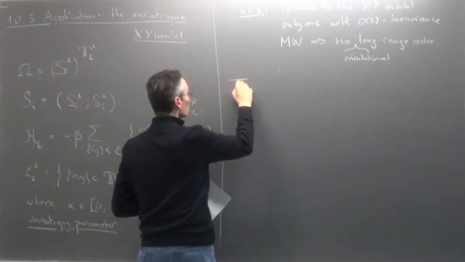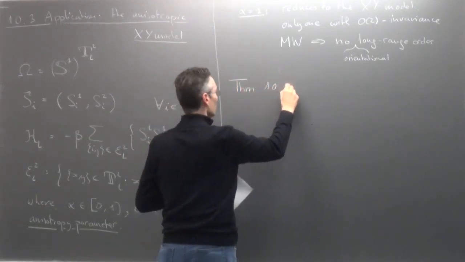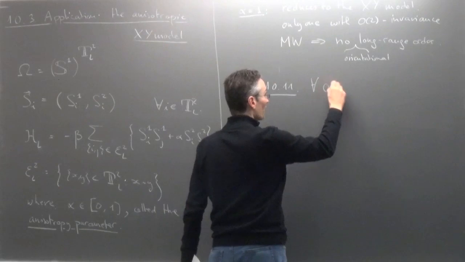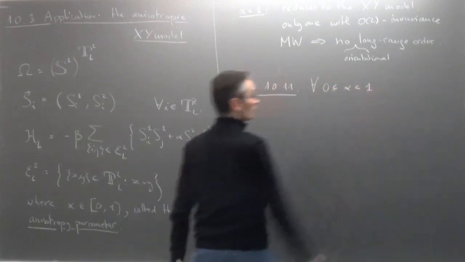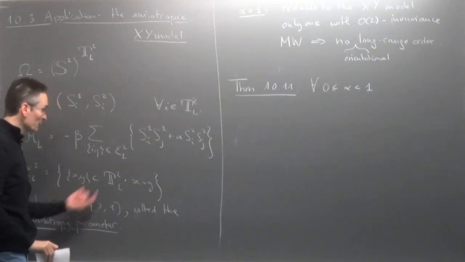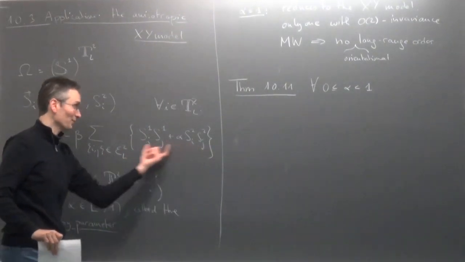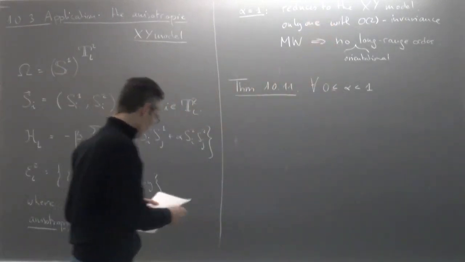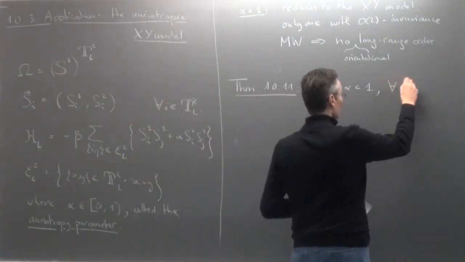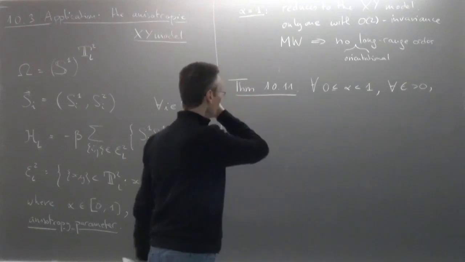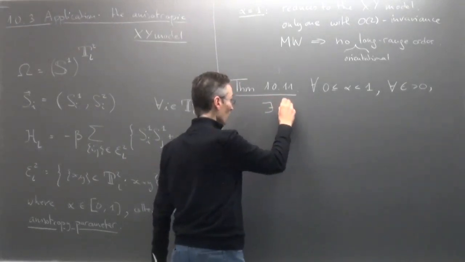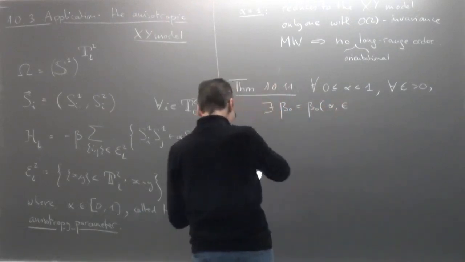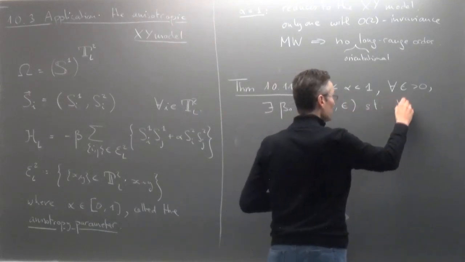So the main theorem I want to prove today is theorem 10.11. It's telling you the following. For any value of the anisotropy parameter which is strictly smaller than 1. So I really want the two components to interact differently, right? So I want alpha to be smaller than 1, otherwise we already know what happens when alpha is equal to 1. For any epsilon positive, you can find some temperature beta 0, which depends on alpha and epsilon, such that for any beta larger than beta 0,